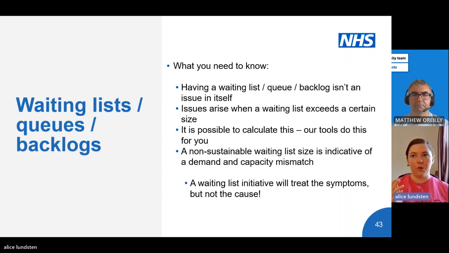A big plea, though, that you do need to look at that balance first. Waiting list initiatives will treat the symptom but not the cause. So you need to get an understanding of what that steady state balance is first. And then this will help you to really quantify what needs to be done to get things down to the right size. So hopefully that's helped with some of the metrics behind